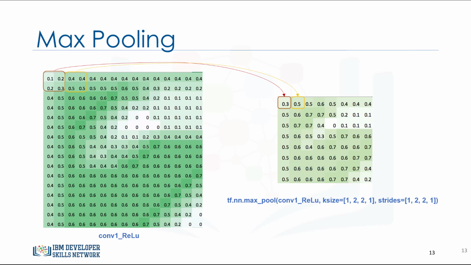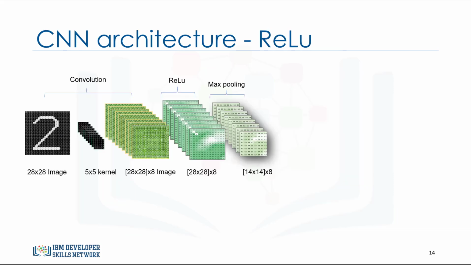Also, in this step, we can define strides. A stride dictates the sliding behavior of the max pooling. For example, if we select stride equals 2, the window will move 2 pixels every time, thus not overlapping. Okay, now we should have our output matrices, but with lower dimensions. For example, 14 by 14.